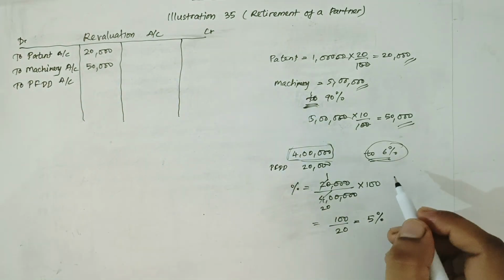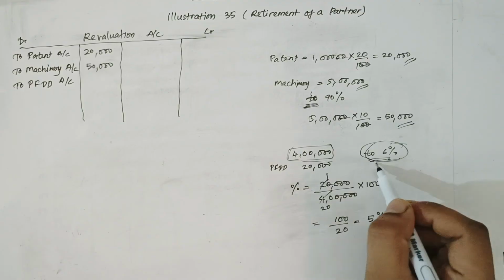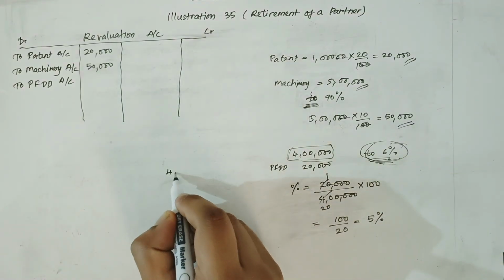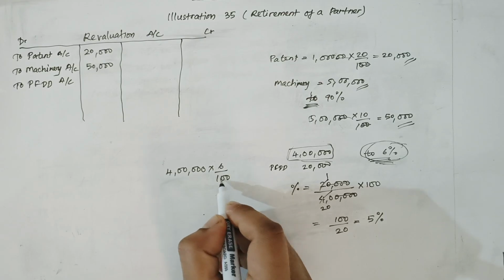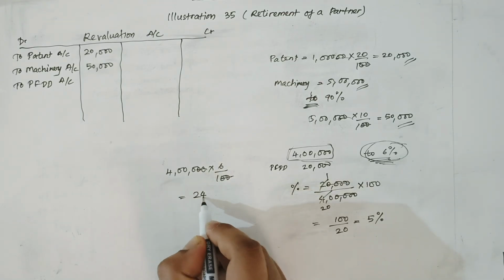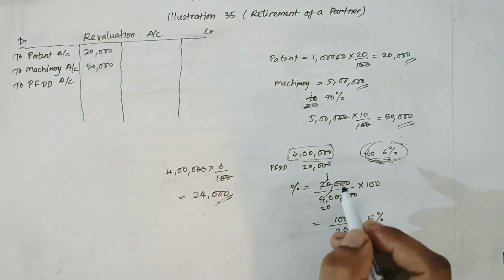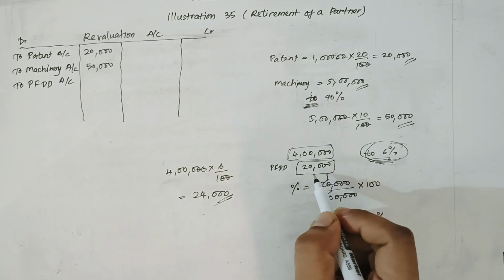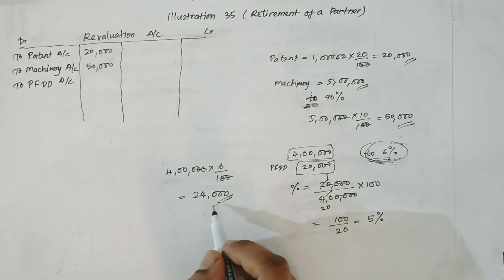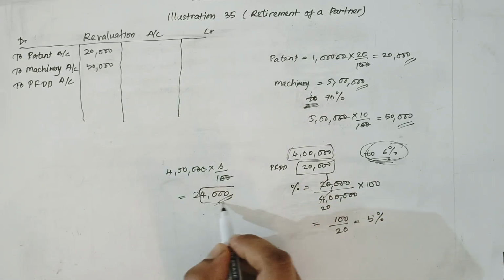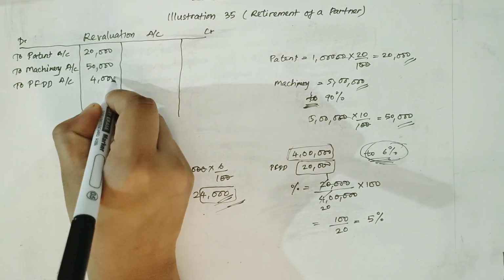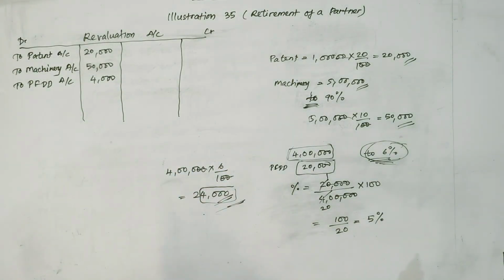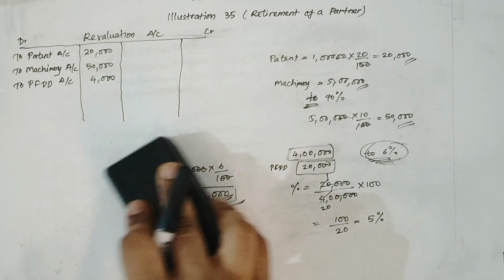And what is the value? The value should be raised to 6%. So let's find 6% of 4 lakh, 6 by 100, which is 24,000. Currently the value is 20,000 in the balance sheet, so it has to be raised by 4,000. So there is an increase of 4,000. 4,000 is the value to be recorded on the revaluation account. Okay, the next one,